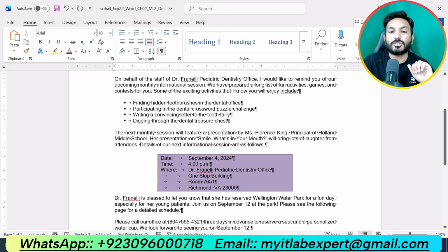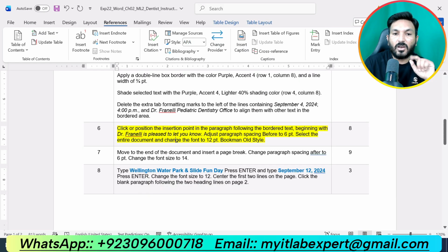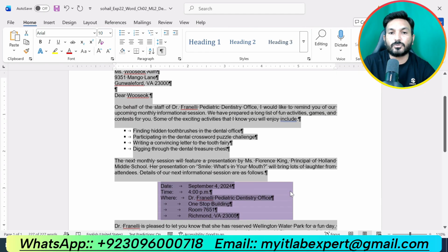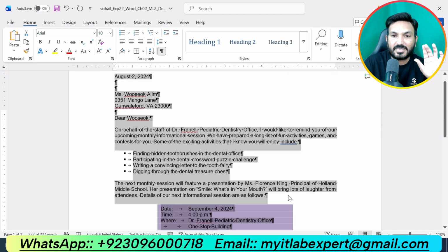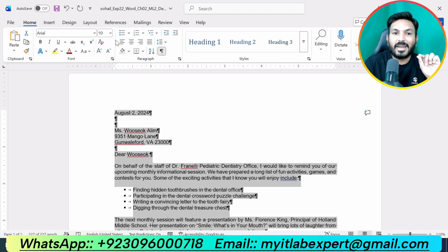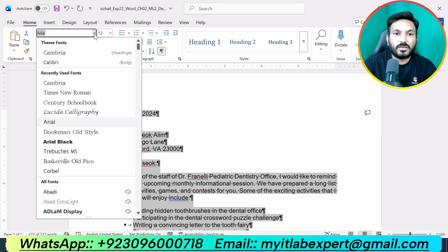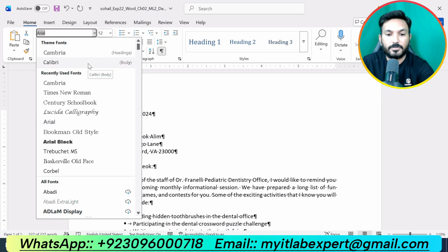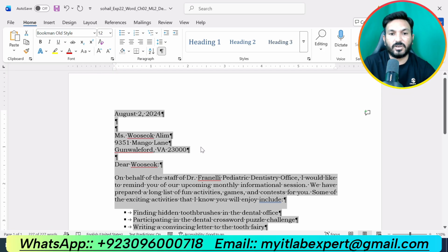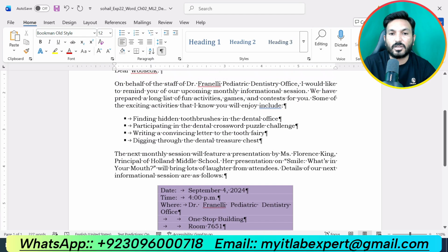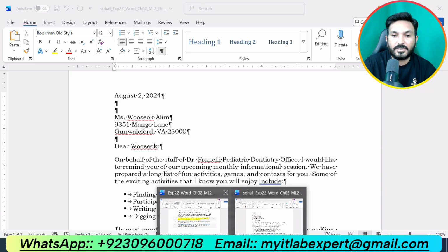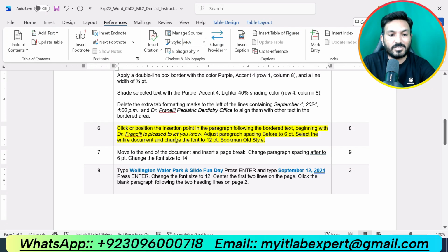Okay, now we are supposed to select all of the entire document. Okay, let me press Ctrl A and the entire document will be selected. Now go to the home tab and change the font size to 12 points here. Okay, and then font should be Bookman Old Style. This one, Bookman Old Style, and font size should be 12 point, and that is all required in this step. So we are done with step number 6 of the assignment as well.